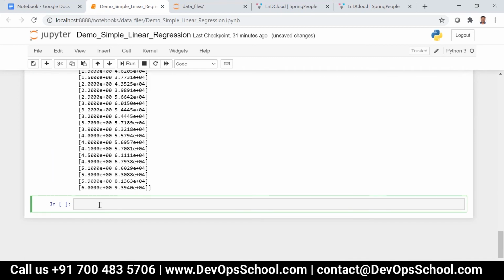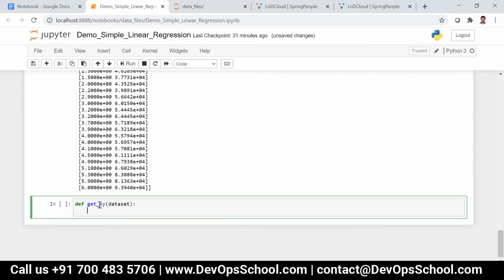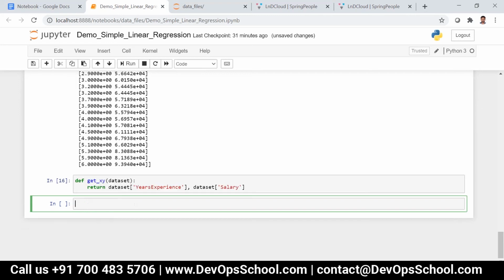So for that, let me just write some function. get_xy of data set, and then return data set of years experience, comma, data set of salary. So this is a common function now. So get_xy of data set returns data set of years experience and data set of salary. So now what we can do is I can just write x_train